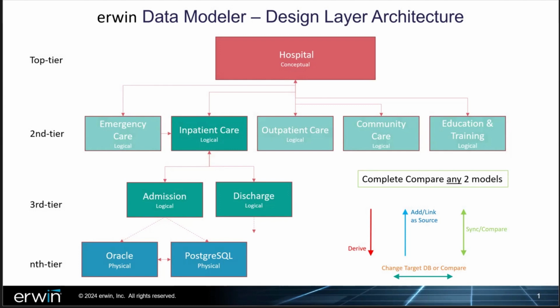And it might be several databases. So here, we've got Oracle and Postgres in there. And you can attack the documentation of this from any level. You can start at the very top and have some team responsible for the conceptual level model, have another team potentially responsible for inpatient care and everything under inpatient care, and then have your data engineers all the way down the bottom, just dealing with the actual raw data. They still need to know the definitions, and that can be accessible through a well-designed data catalog and business glossary, etc. So they can have the access to the actual context.